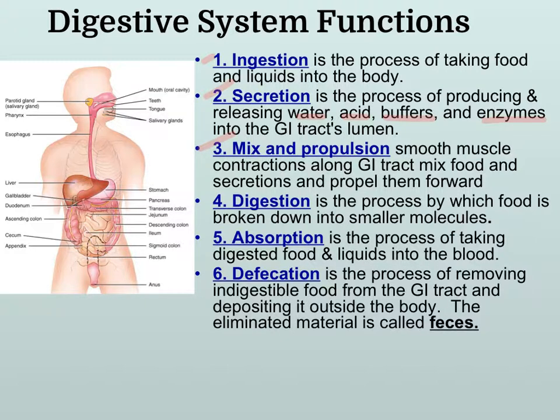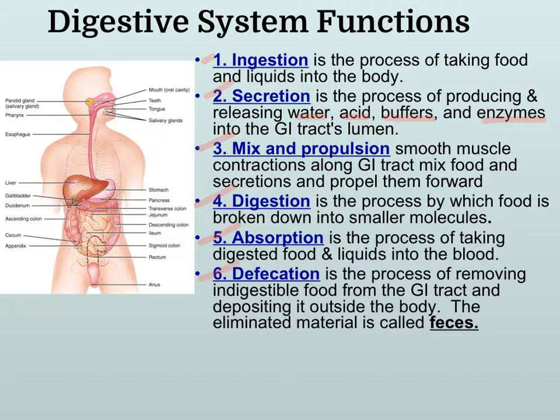Digestion, as we mentioned before, is breaking the food down into smaller pieces, but it's absorption that takes those very, very tiny molecules and passes them through the wall of the GI tract and into the bloodstream. From there, we are able to deliver those nutrients to the entire rest of the body that needs it. Remember, our brain needs 20% of our oxygen and glucose at any given point in time. So it's very important that our foods not only be digested, but also absorbed.